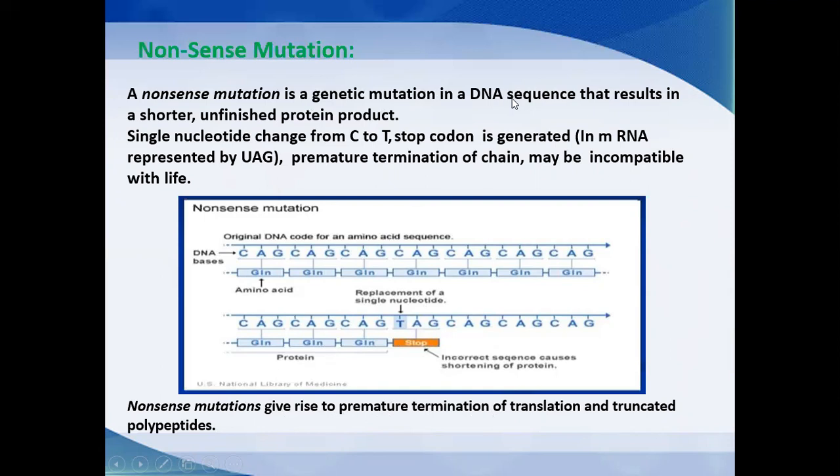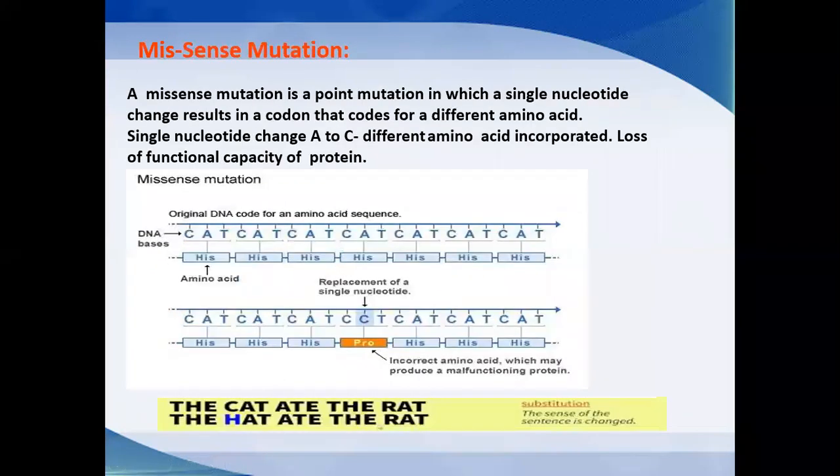The mutation leads to the formation of a nonsense codon, resulting in premature termination of the polypeptide chain. So this type of mutation is called a nonsense mutation. Another type of mutation based on the genetic code is the missense mutation. A missense mutation is a point mutation in which a single nucleotide change results in a codon that codes for